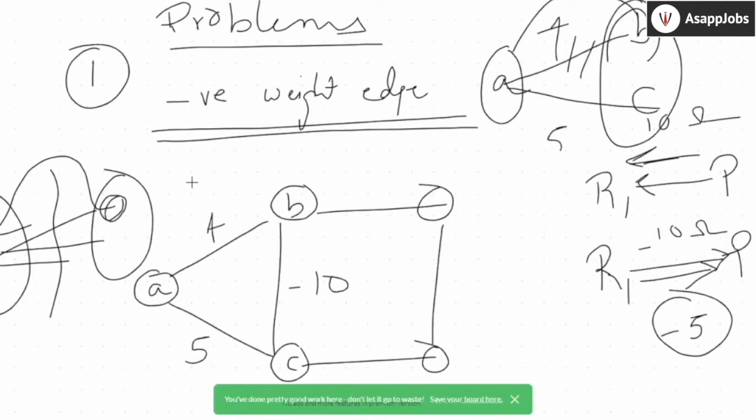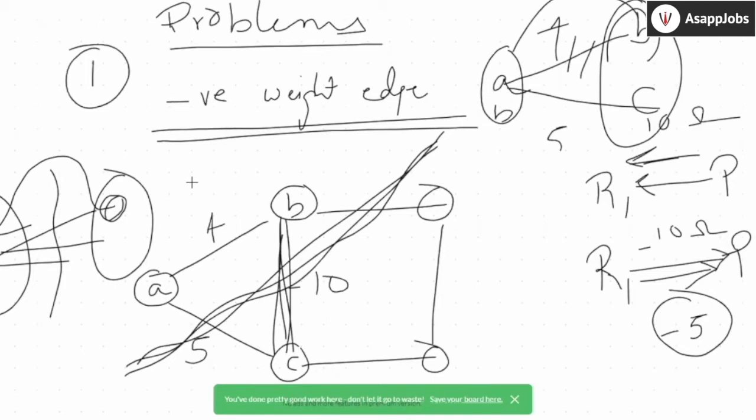So A and B will come here, and now my new graph will be A and B. So from A and B, I'll see the cut from A to B. Now I'll see this cut. If I see this cut, I'll always update B to C. I am never updating C to B, because once I pick an element, it is never going to be considered again, right? So that's the problem with Dijkstra.